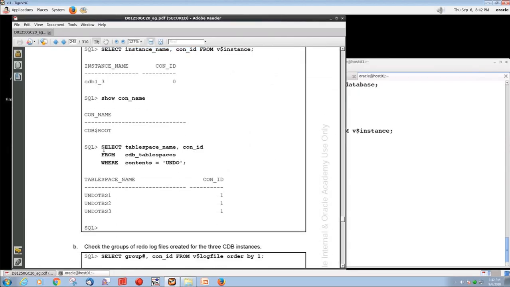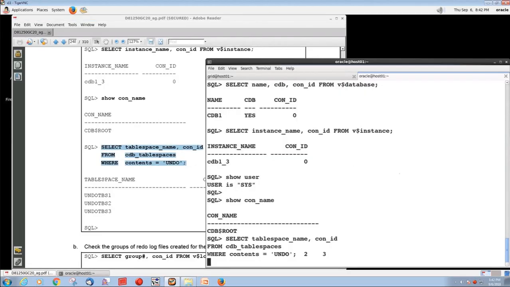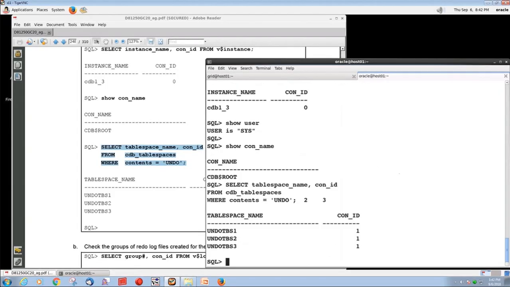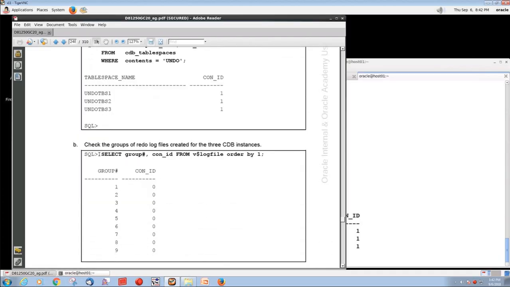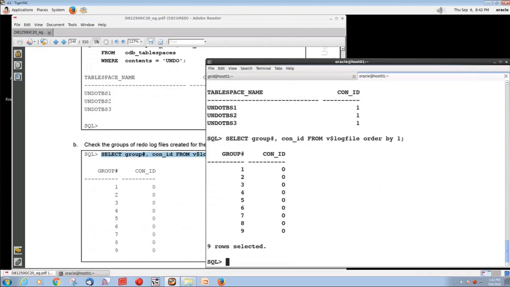Okay, that's more detailed information. You can also check the undo tablespace. We learned that we have to assign one undo tablespace to each instance in the 3-node RAC database, and there will be 3 active undo tablespaces, just like this example. So the standard architecture in a RAC environment and the multi-tenant database architecture in a RAC environment are exactly the same. And also,